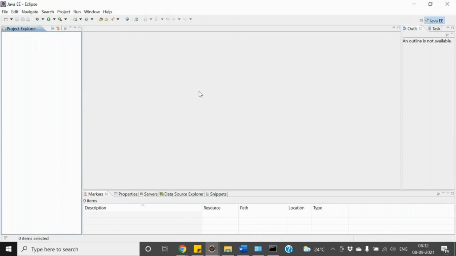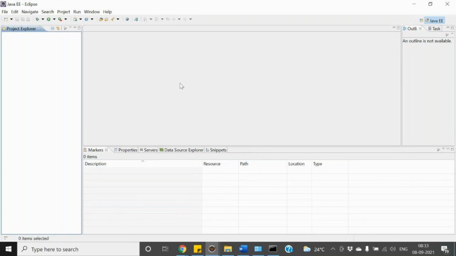When we debug the code, this is the window where we get the information while our code is running: the parameters, the variables, and the internal process notifications and how it is running. And this is the area where we get the output of the program we run, the console output, under this particular section. So these are the four major parts of our Eclipse, which we can see over here.